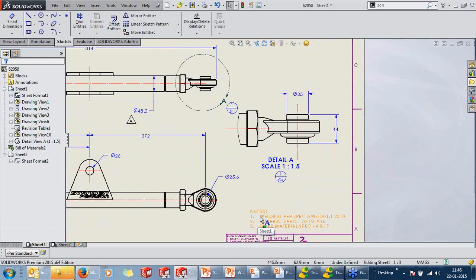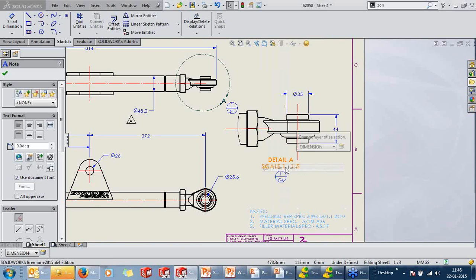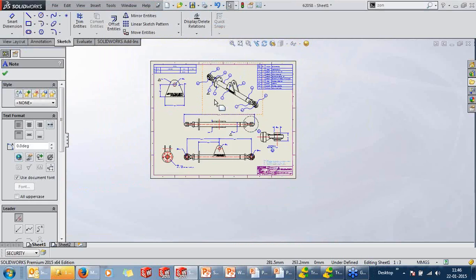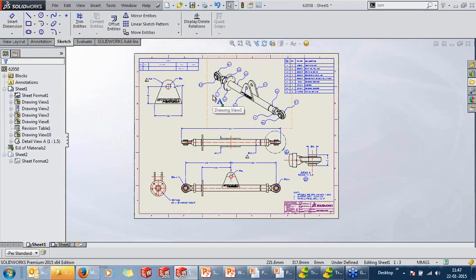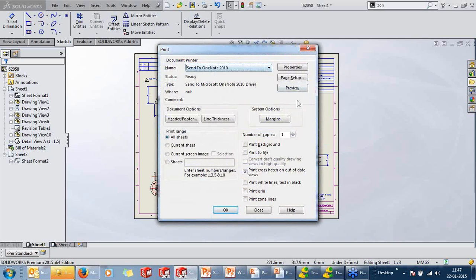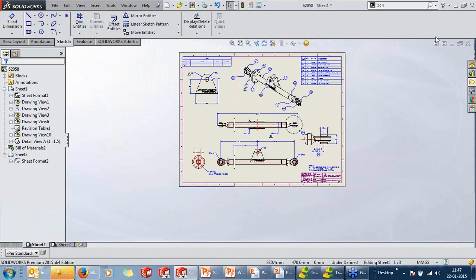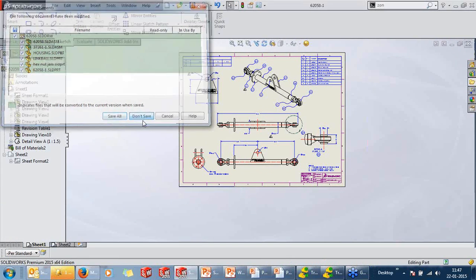There's some new enhancement in terms of layers as well. You can now change layers into security layers. As you go into layers, you can now specify the note to be printed or not. So anything internally you want to discuss, but which shouldn't be printed at the final stage, can be prevented using this layer. We'll just see a preview of this. Giving that layer doesn't print the note. These were some of the new enhancements in terms of drawings.